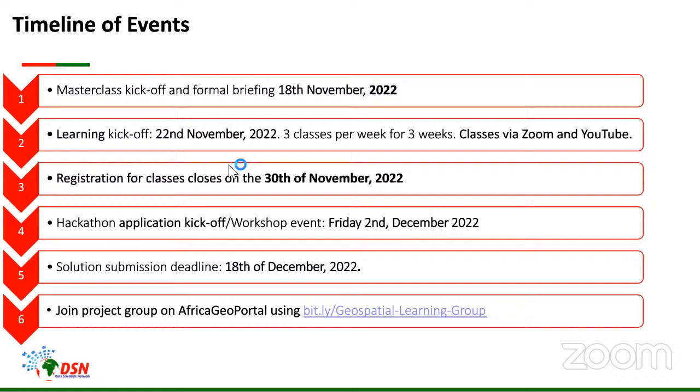The license will be provided upon you joining the platform. So today, make it a point to join Africa Geoportal using bit.ly/geospatial-learning-group. It's just 3 words, Geospatial Learning Group, separated with hyphens, and you're good to go. So remember to join the Africa Geoportal today.